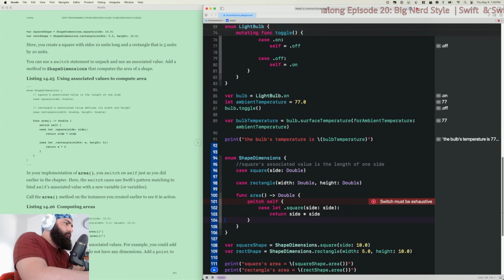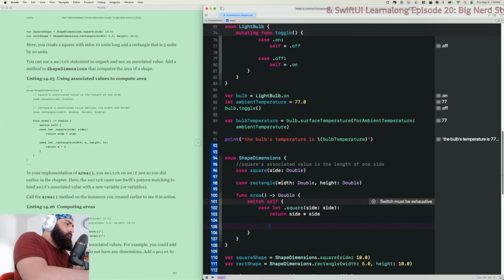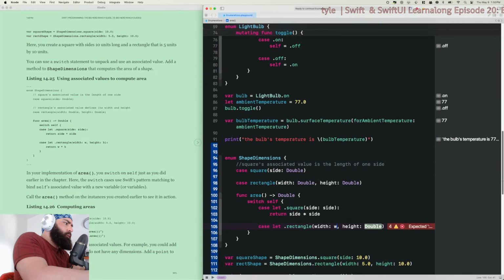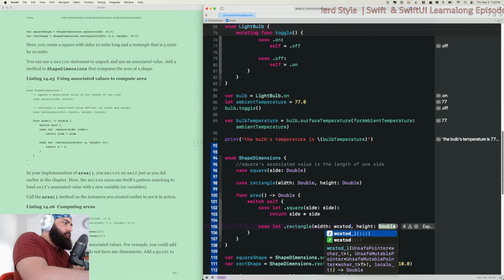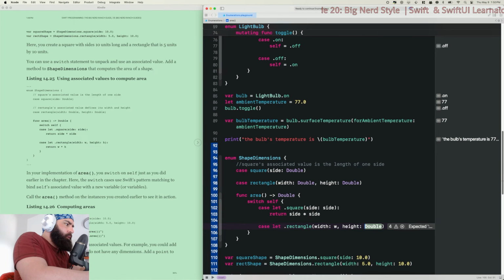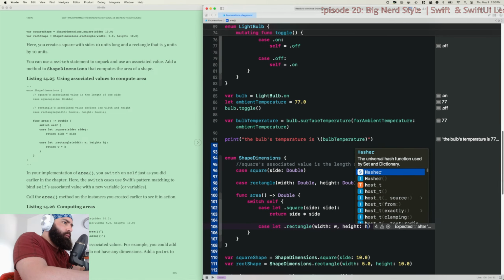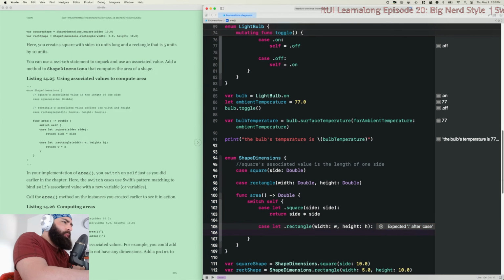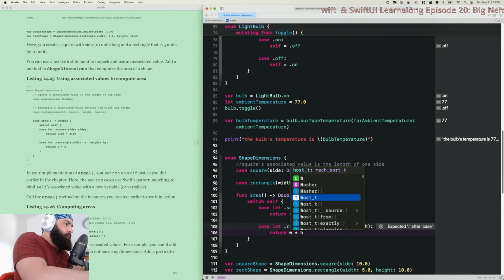Okay, and then case let rectangle width W, H. And then return W times H, width times height.